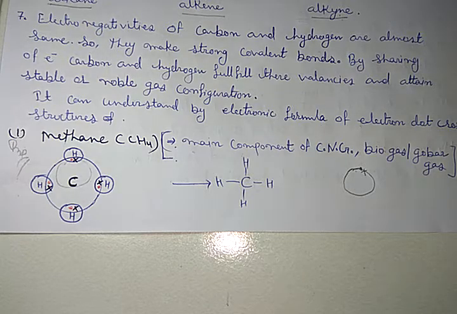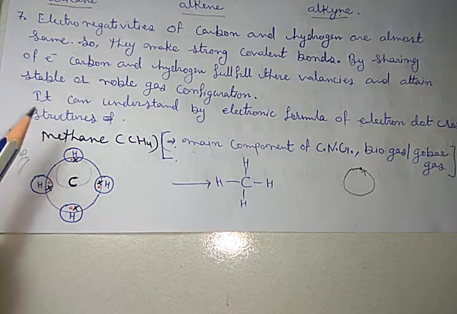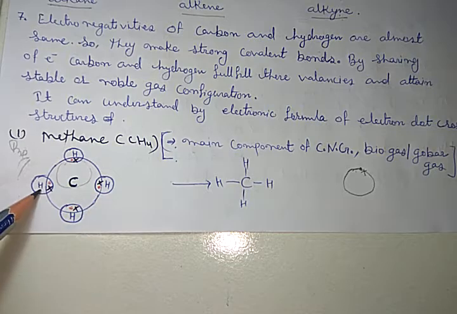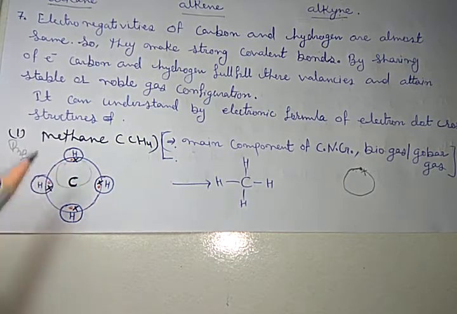Hydrogen can share 1 electron only. Why? Because it has only 1 electron, so it can share 1 electron. So whenever the hydrogen combined with any element, then it may always form a single bond. Clear? So here we denoted carbon by circle and there are 4 hydrogens. Okay, now